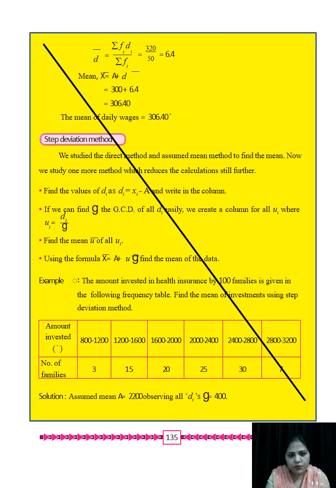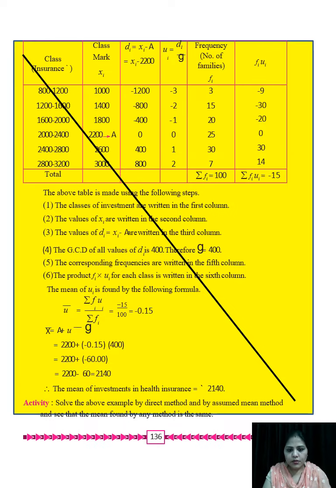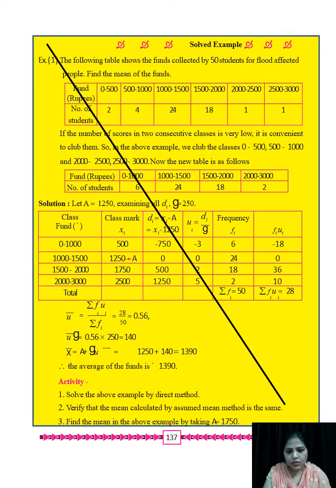It is all related with assumed mean, and step deviation method is also not there now. It means we have to solve the sums based on mean by direct method now. Okay, step deviation and assumed mean both are cancelled from your syllabus. Okay, page number 136, cancel the whole. 137,